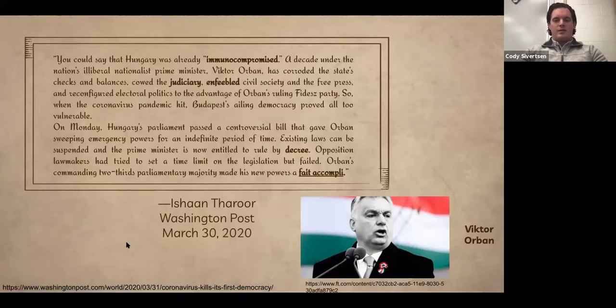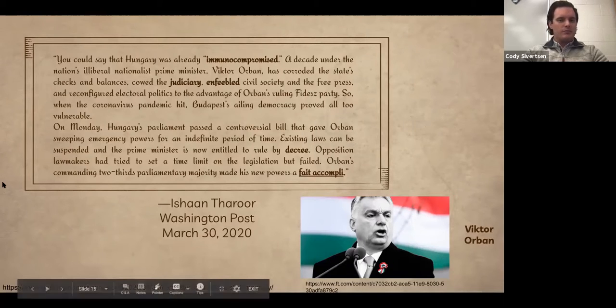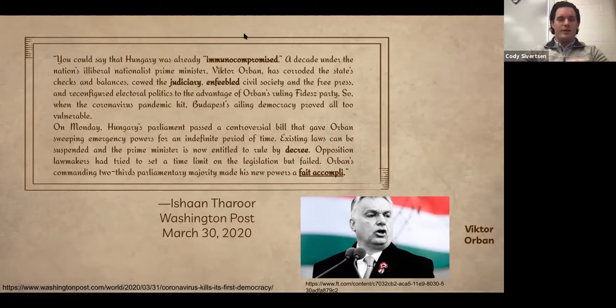Once again, like that political cartoon, this is a more lengthy quote from President Orban of Hungary, and this is an explanation of a moment where their parliament came and voted for him to get, for an indefinite time period, absolute government control. So it didn't last for a long time, but it's just giving them a snapshot of something that's truly going on.